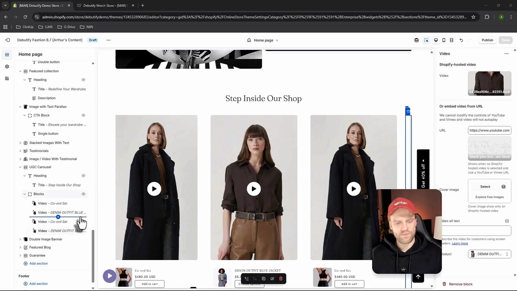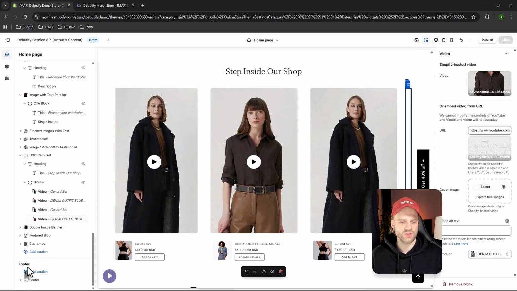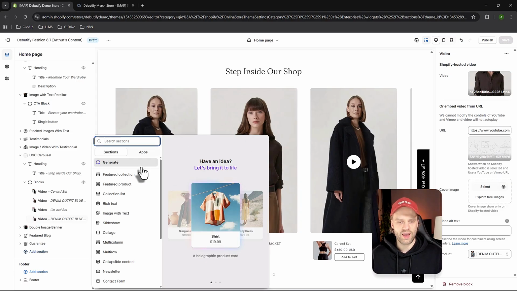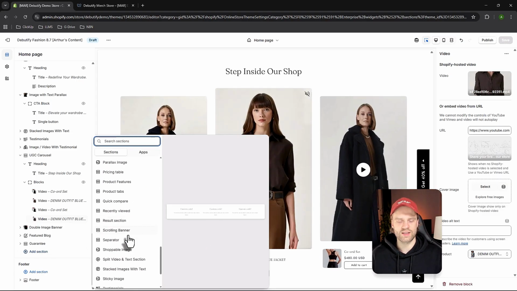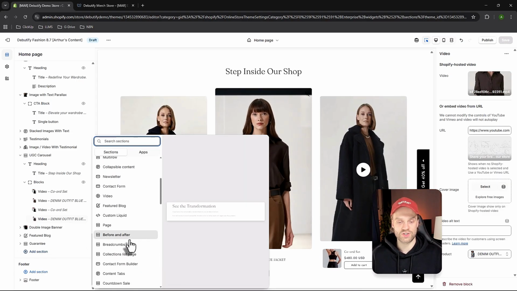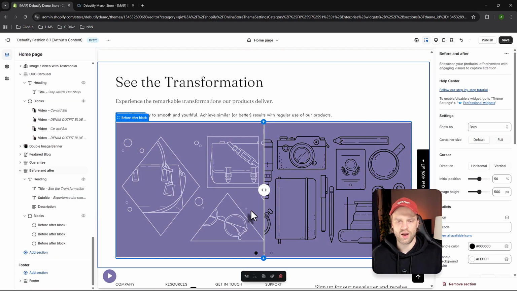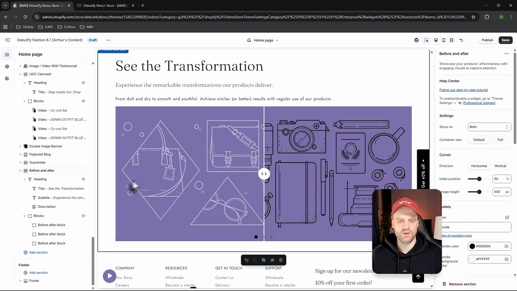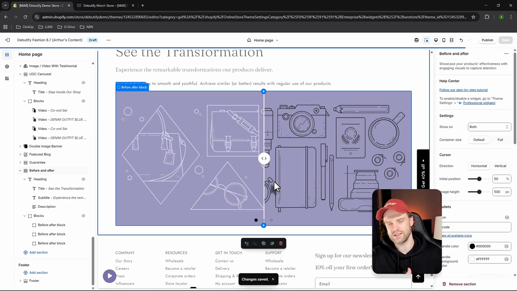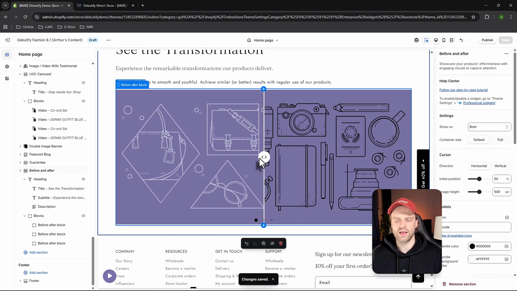Okay, so what if we want to add a brand new section, right? All we need to do is go here, scroll down and click on add section, and I can add any of these nicely pre-made, ready-to-go sections, okay? So I can add something like before and after, right? So if you are in beauty or maybe in health and fitness, here you can, for example, add your before and after, or maybe in facial care, for example, you're selling some